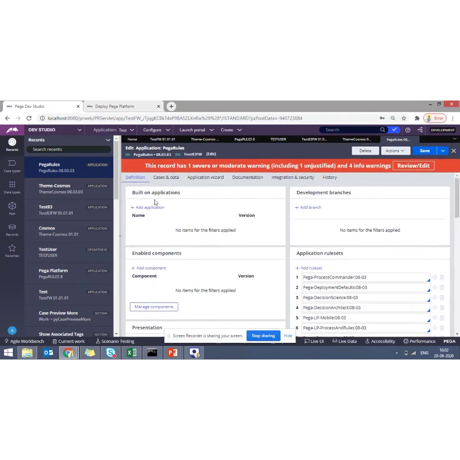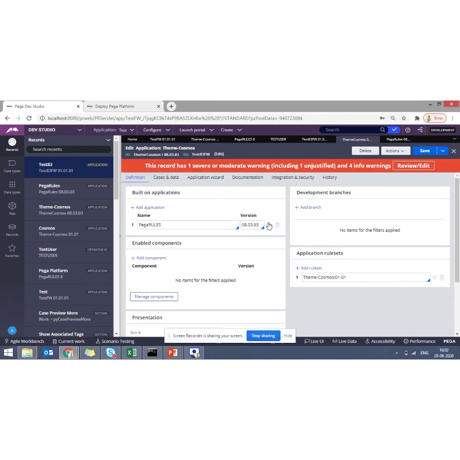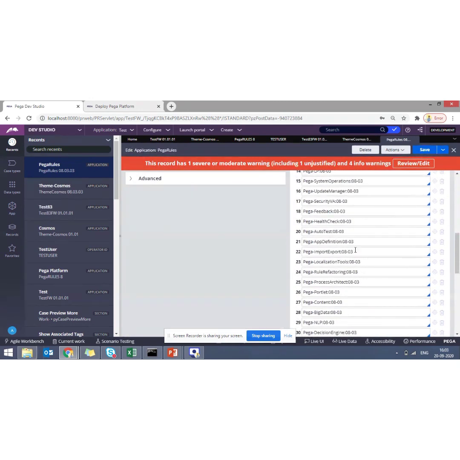But this one you have to create with a different name and you have to go to built-on applications. I'm just explaining: test 8.3 FW is our application, which is built on top of theme Cosmos. Theme Cosmos is built on top of the Pega Rules 8.3 version. So in this 8.3 version, we have to update the rule set access. Okay, this is the entire setup.